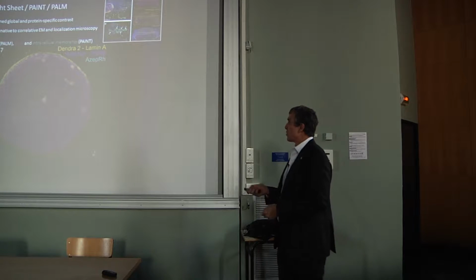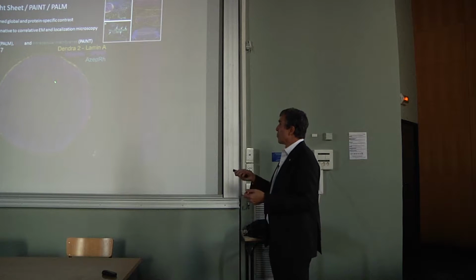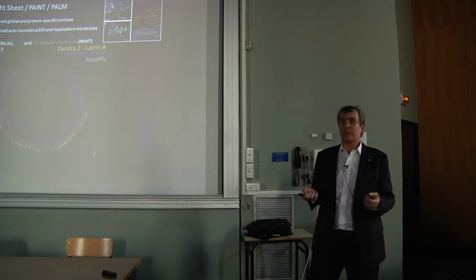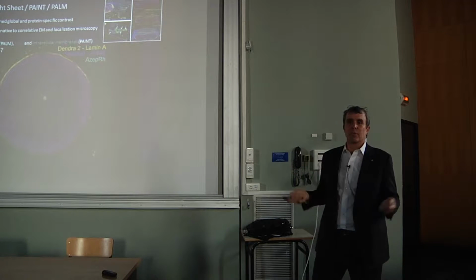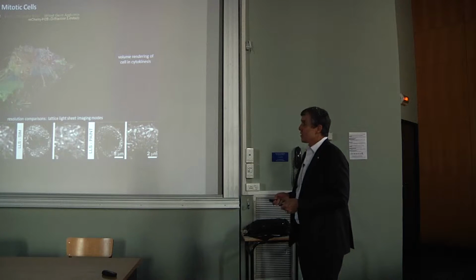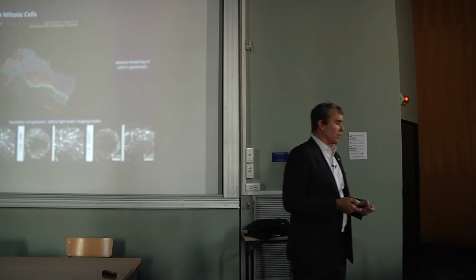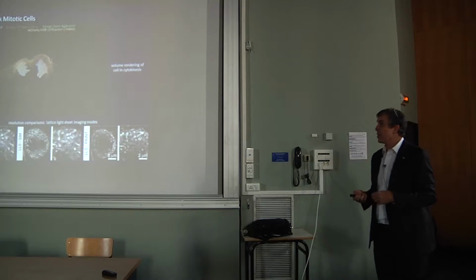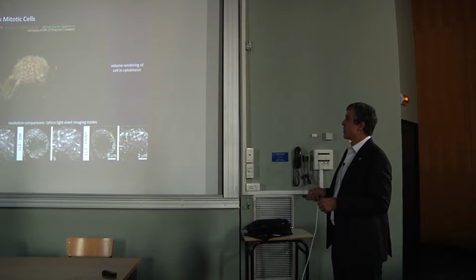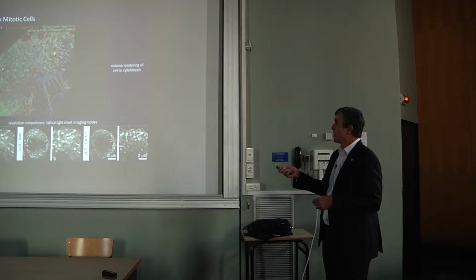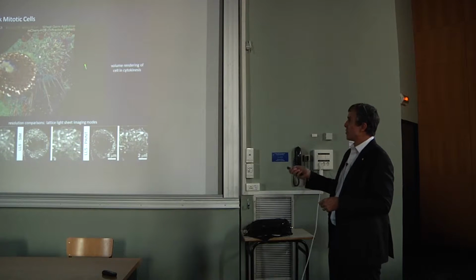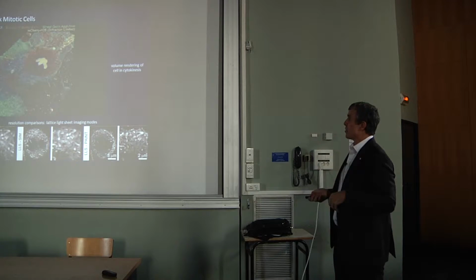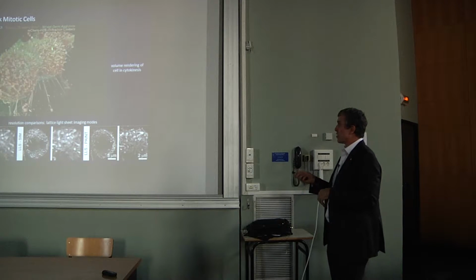In this case, we're doing 3-color imaging of all the nuclear membranes. We're looking with another probe at the DNA, and a third, by protein contrast, is looking at the nuclear envelope, and then we can see all three. The other advantage of PAINT is that we can extend this from thin samples, which is usually what super resolution is limited to, to much thicker specimens. In this case, we're looking at a whole mitotic cell in cytokinesis. Here are the retraction fibers, these little fibrils that form when the membrane has to stick out as it reduces its volume, but to maintain surface area.